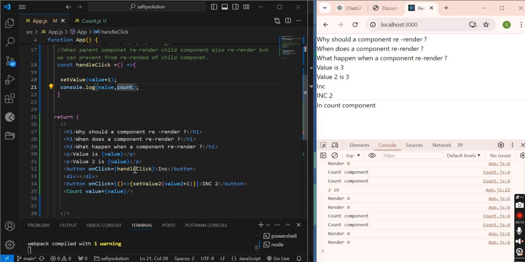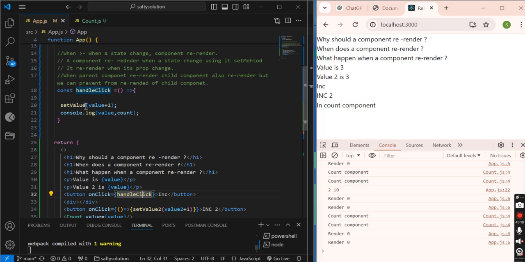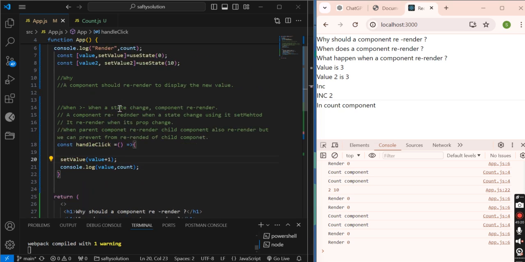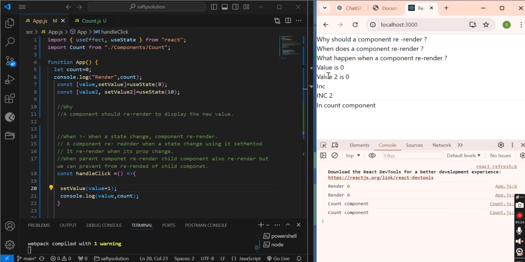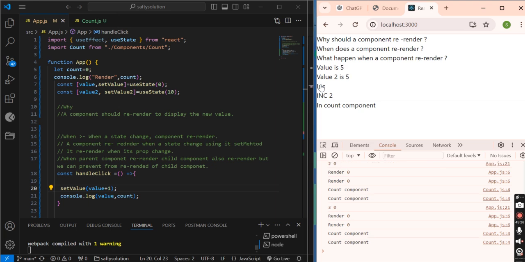When I am clicking on this, handleClick1 is working, and setValue1. This should not happen.